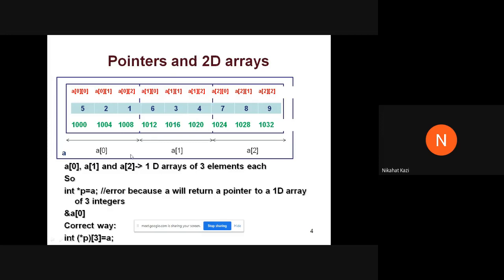So address of A of 0 plus 1 jumps to the next array in line. I showed this in the last lecture when I talked about a pointer to a 1D array. Earlier there was no valid array there because it was a single dimensional array, but now it's a 2-dimensional array, so below this array there is one more array. That is why you are reaching a valid address.